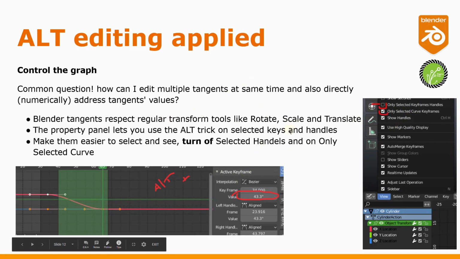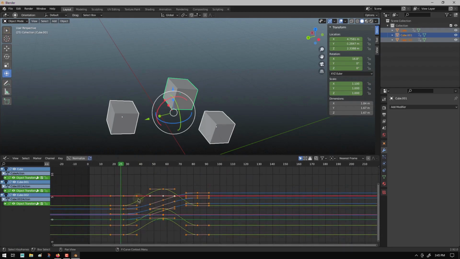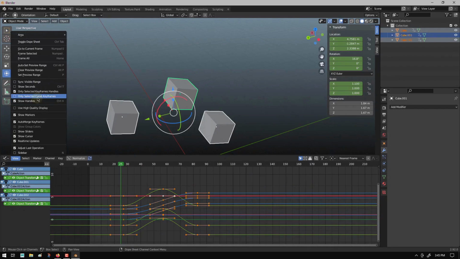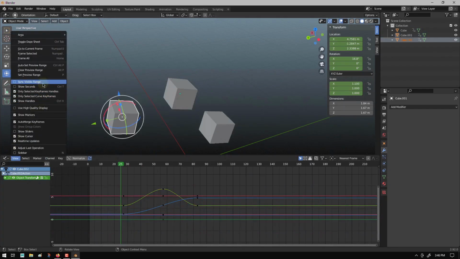So also, if you're trying to filter the visibility of your handles and clean up the display, under the view menu, there's only selected curve keyframes and only selected keyframe handles versus showing all. You can see this gets pretty busy right away. So I'm going to set my view to say only selected curve keyframes. And now we can turn off view